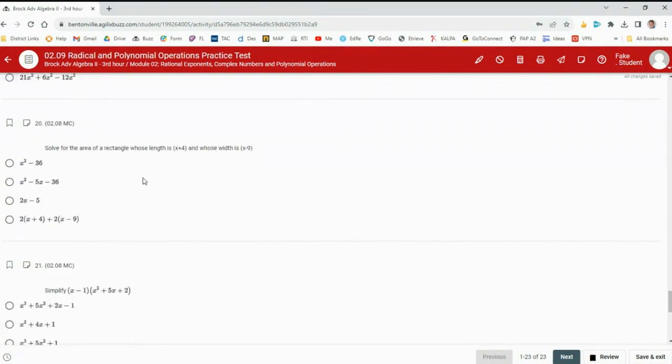All right. Solve for the area of a rectangle whose length is x plus 4 and the width is x minus 9. Okay. Well, remember the area is the length times width. So if the length is x plus 4 and the width is x minus 9,